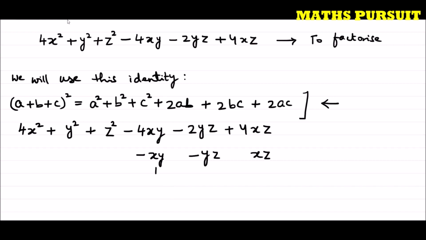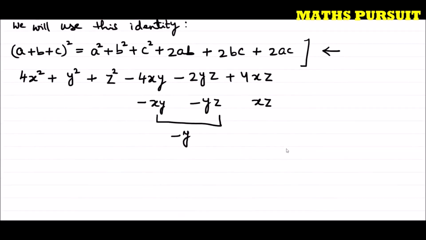Now if you look here, you could see that y is common. If y is common and the negative symbol is also common, definitely this negative symbol belongs to y. We are sure that y is negative, because looking at −xy and −yz, we can conclude that y is common and a negative symbol is common. That means this negative symbol belongs to y. So now we got to know that y is negative.